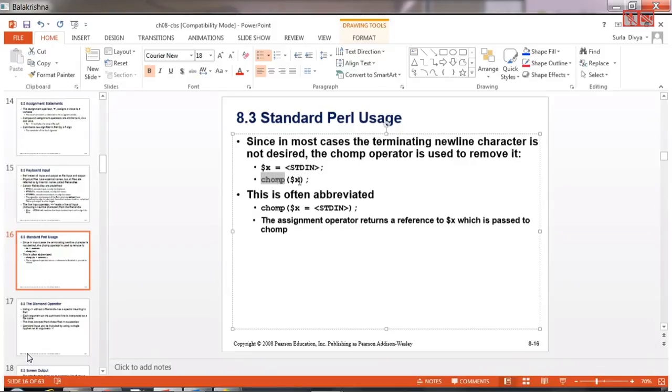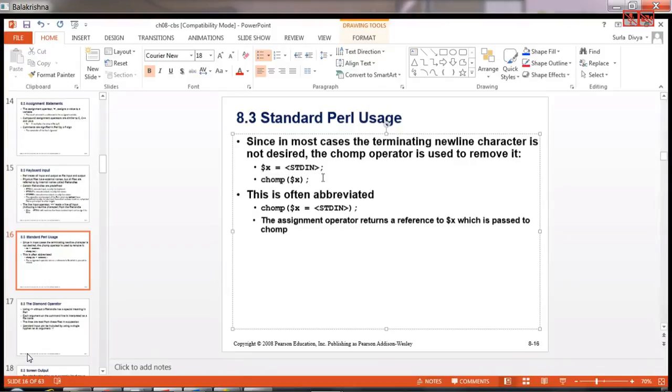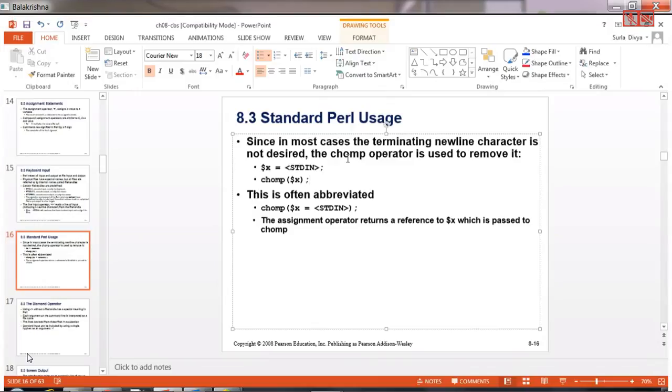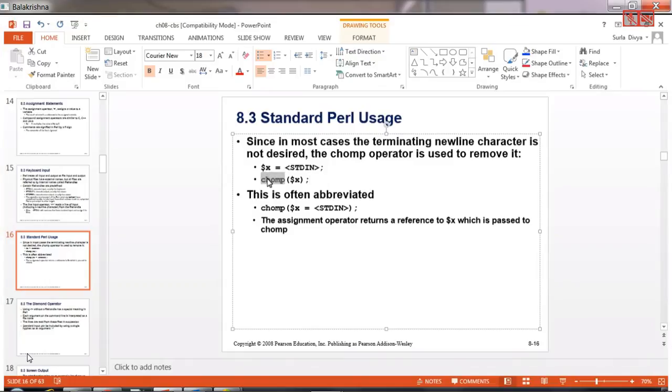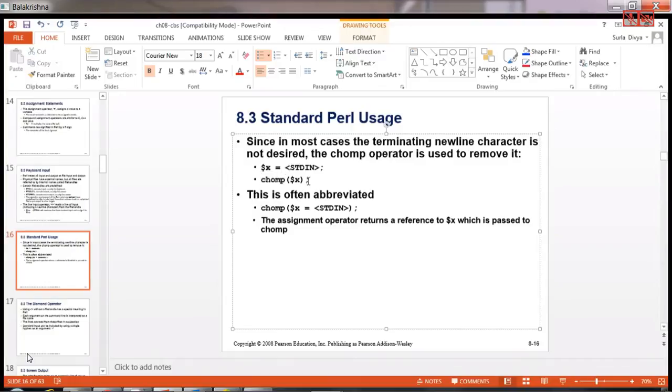Most of the time, let's say you have written a program, and in the program you want to give the input through your keyboard. Whenever you give input through a keyboard, we type the inputs and after that we have to hit the enter key. Hitting the enter key is nothing but a newline character. Now whenever you want to process that input, if you are not chomping it, chomp is like cutting it, right? If you don't chomp it, the newline character is also getting processed and it may lead to different meanings.